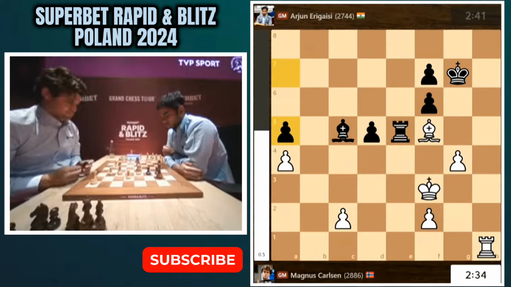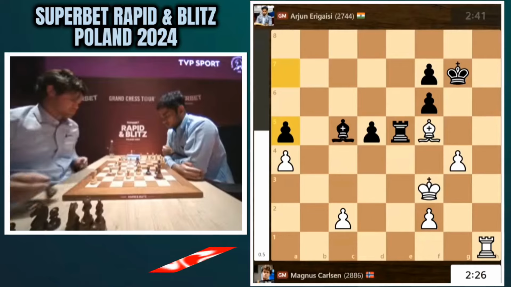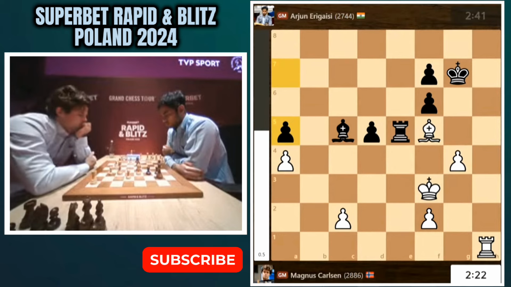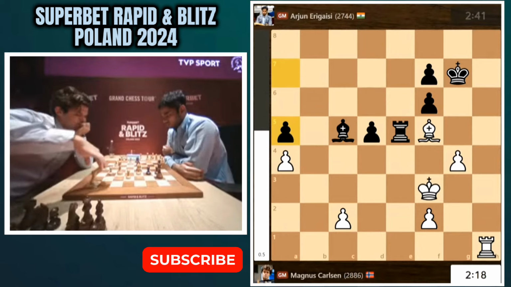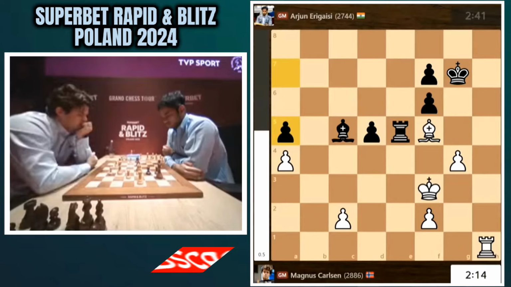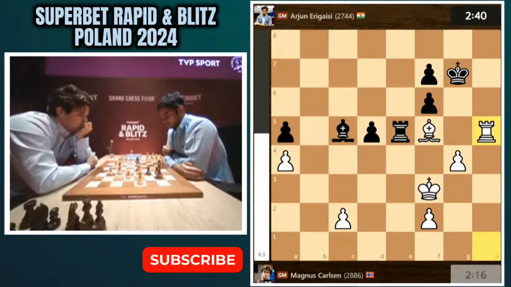I can play for rook. No, I think I want to play rook to b1. You play bishop b4. How can I sneak in on you? I'm dreaming of putting my rook on b5. Not so easy to do. I go rook to b1, you play bishop to b4. I kind of like the idea of putting the bishop on...